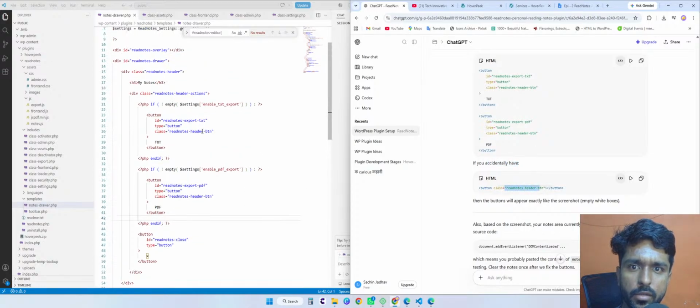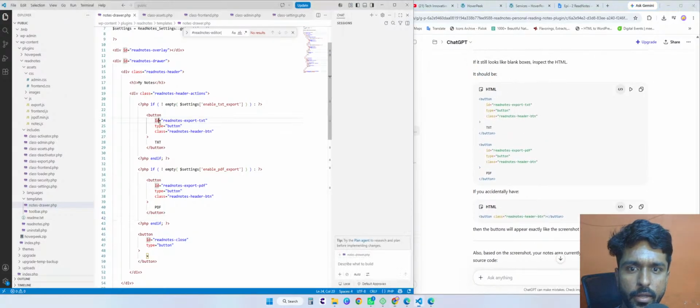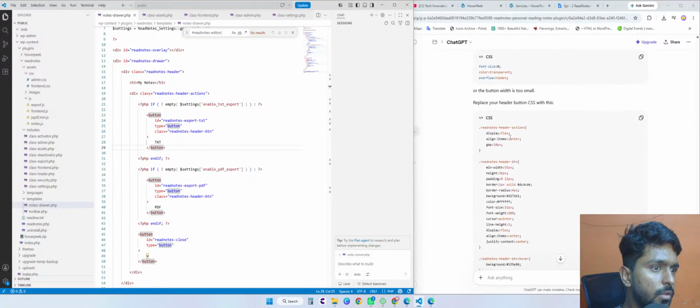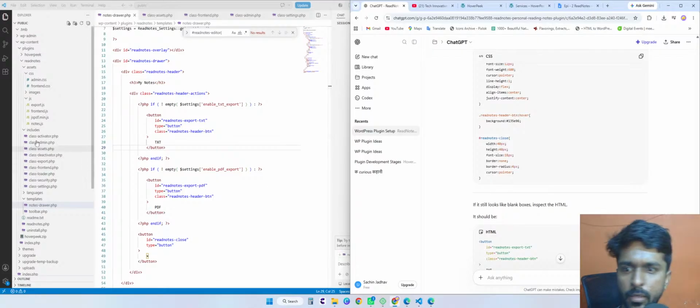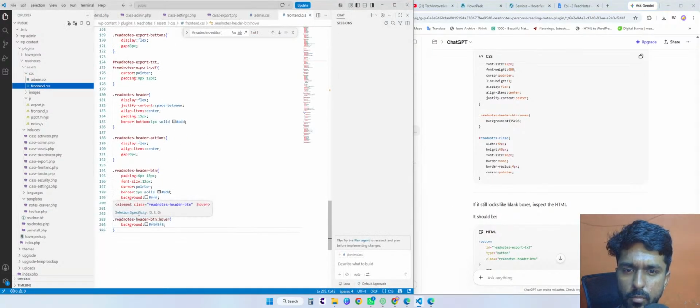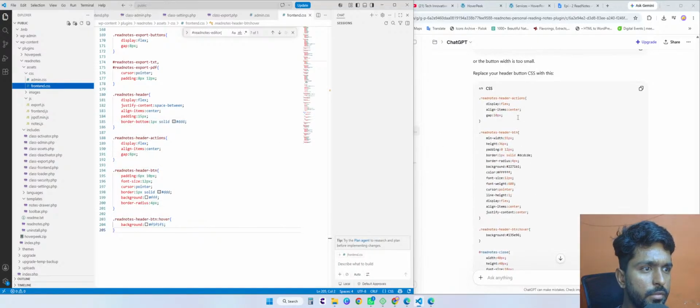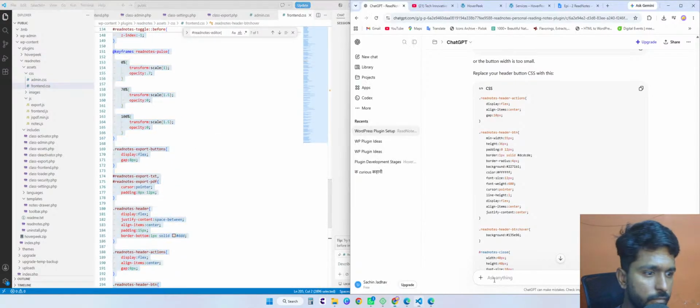Do we have header button? No. It should be button ID. Button ID type class. Export text button header text, right? So it is correct one. So replace your header bottom CSS header action button. So come back here. Button hover button header action and header action header button, right? So maybe what I can do,